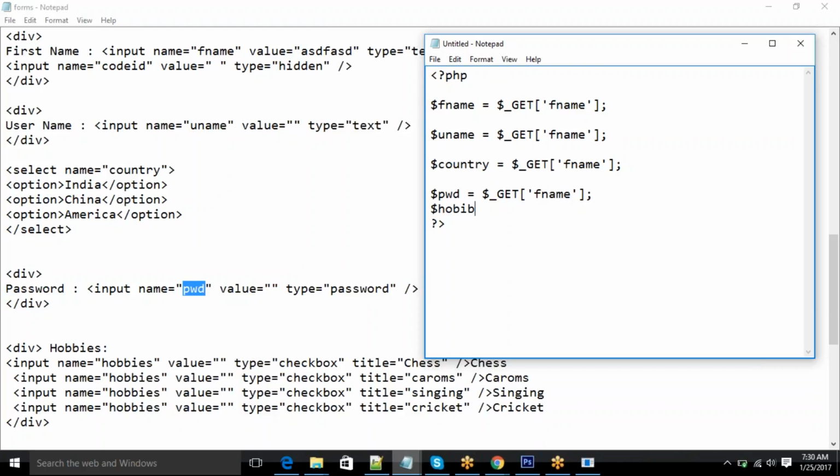$hobbies is equal to, I can say, $_GET, the name, the perfect name, whatever I have put in, HOBBIES. Remember, this is whatever you want you can give, but this is very important. This is exactly the same as the input you have. So this should be your name and this should be